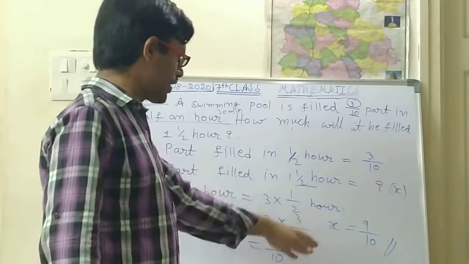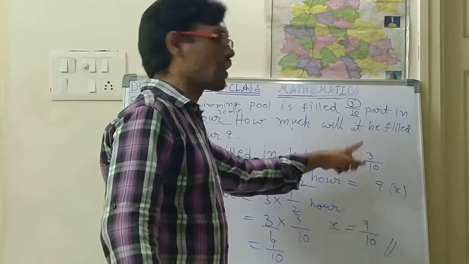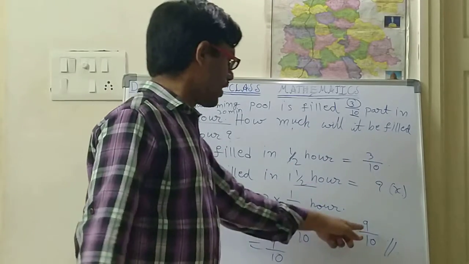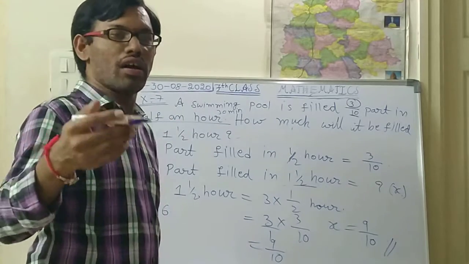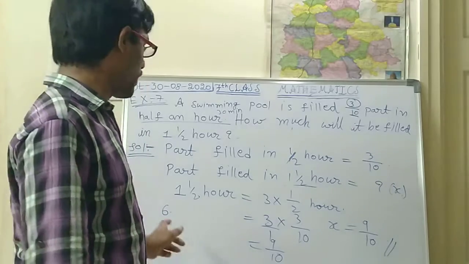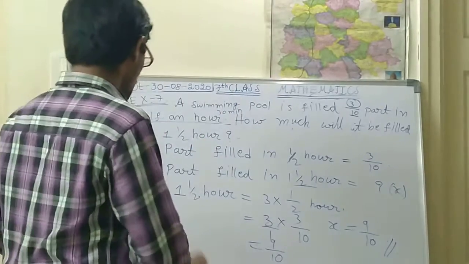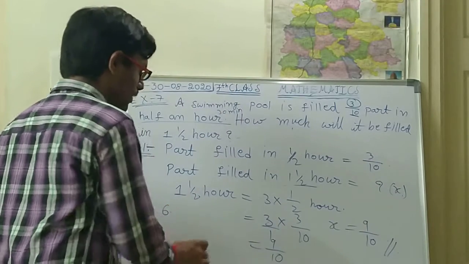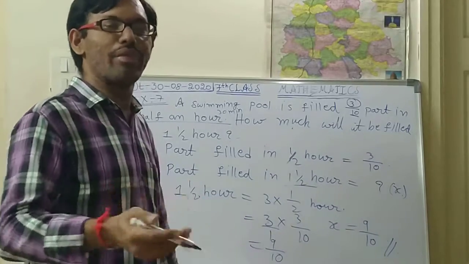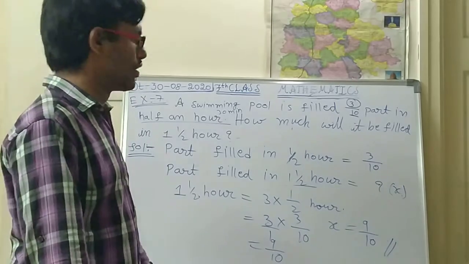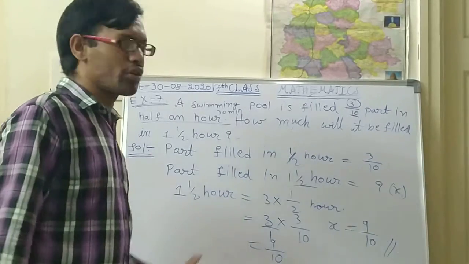So after getting this answer, you draw the remaining. So 3 parts you have drawn with a pencil now. So how many remaining? 6 parts. The remaining 6 parts you draw with another color pen or any other pen, so that there will be a clear difference. Okay. So 3 parts you have drawn with a pencil. Is it right? So the remaining 6 parts you draw with any blue pen or black pen or any other color pen, so that it will be very easy for the invigilator to identify. Okay. So this is about this problem.